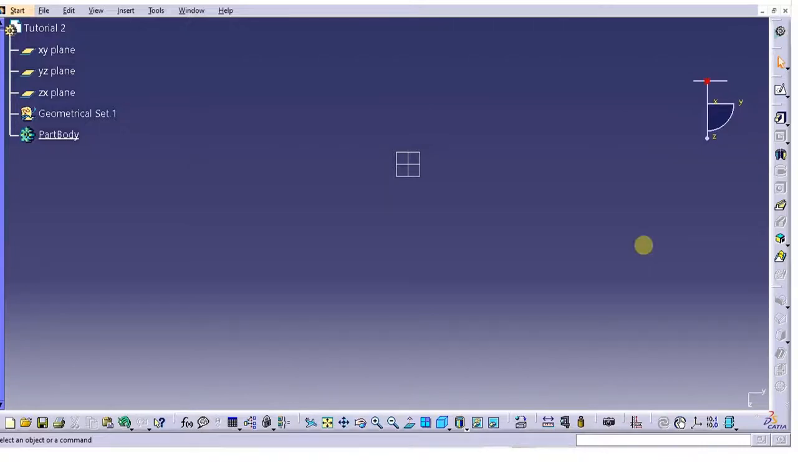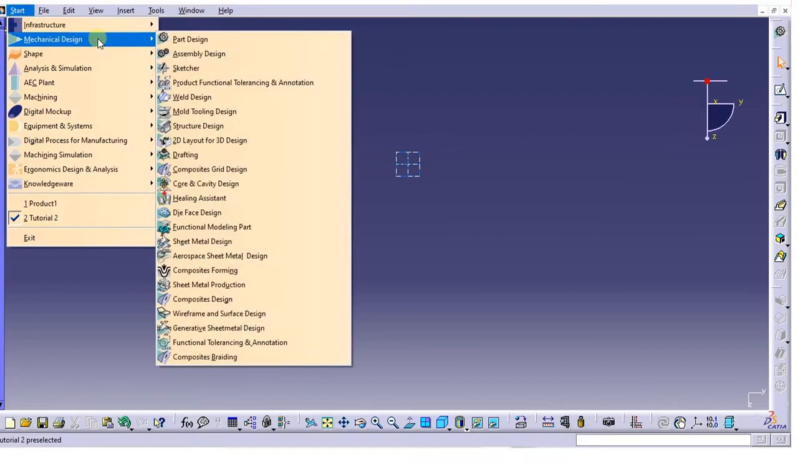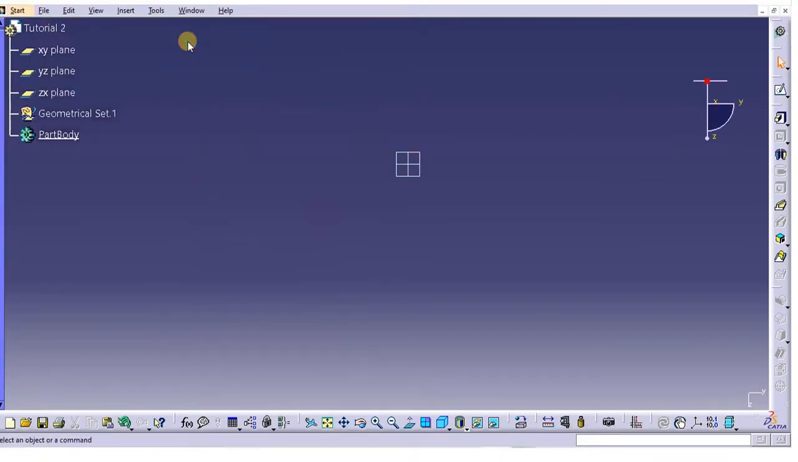So in the last tutorial we looked at using the pad tool to make features out of sketches. In this tutorial we are going to be looking at creating holes and pockets inside our features. So without wasting much time, we'll just dive into the parts, mechanical design, parts design,